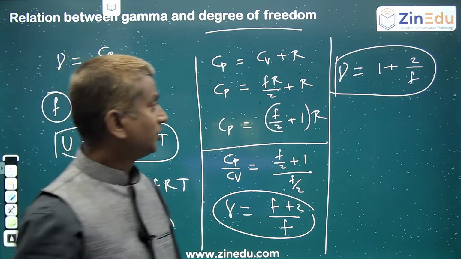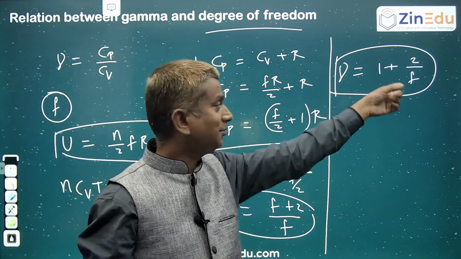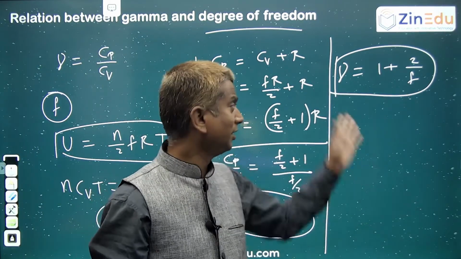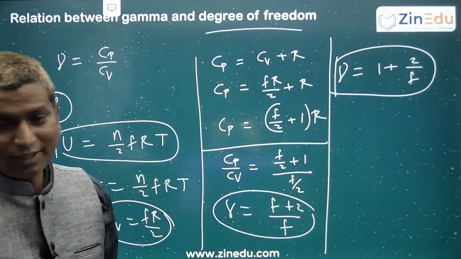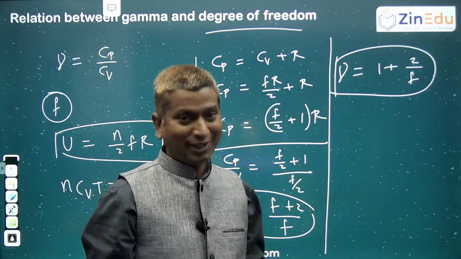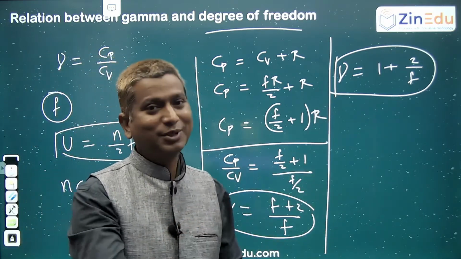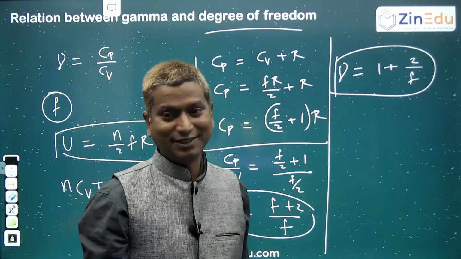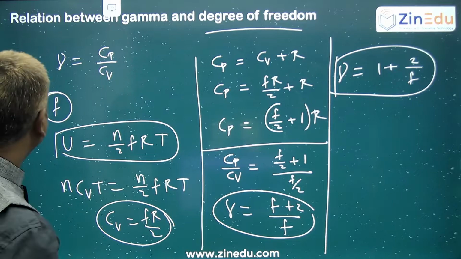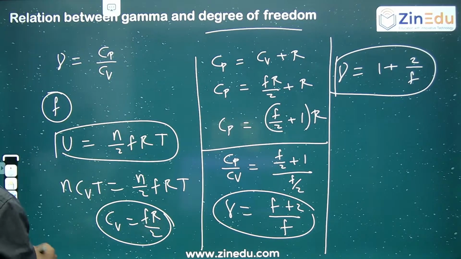Right? The adiabatic index and the degrees of freedom are both constants. The degrees of freedom is a constant. Gamma value is also a constant. This way you can put it, or if you remember the degrees of freedom and gamma values, you can substitute them in the options also. That is this particular question.